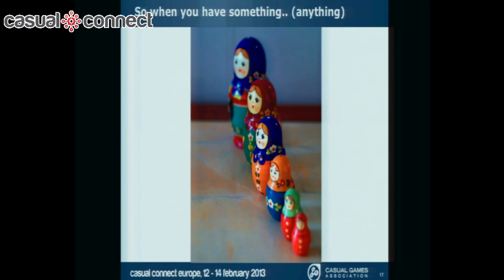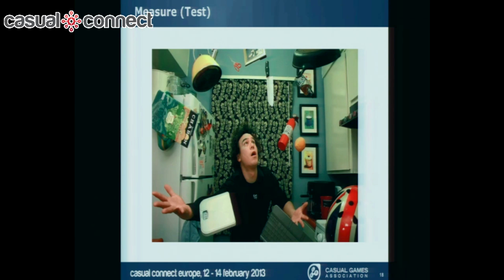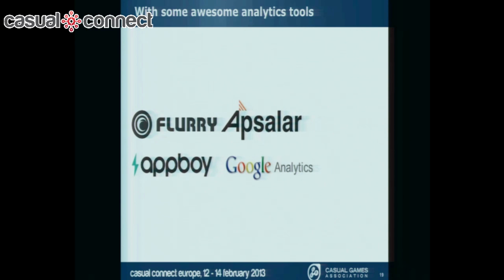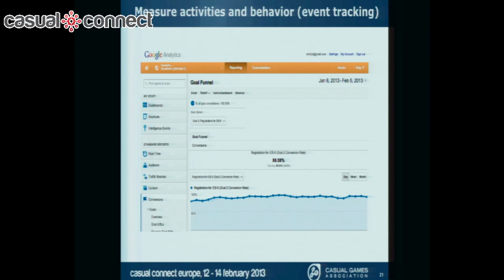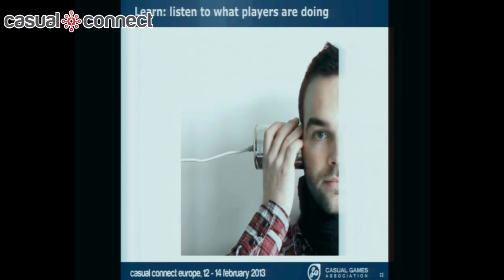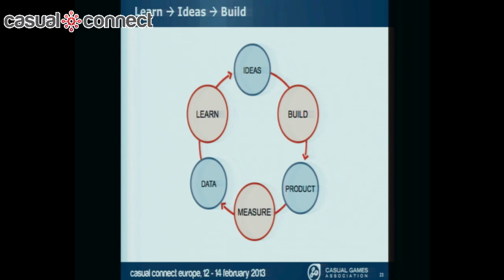And so when you actually have something or anything, then now you can start testing. So if you've noticed, we are already halfway through our process. And now with some of these awesome analytics tools that we can use, or your own logs in the database, you can track what's going on. I feel like it's really important to make sure that you're tracking what's going on inside the game, what the players are doing and what they are not doing, and really just to listen to the data. So once you see the data, you'll be able to learn what needs to be changed and actually start building